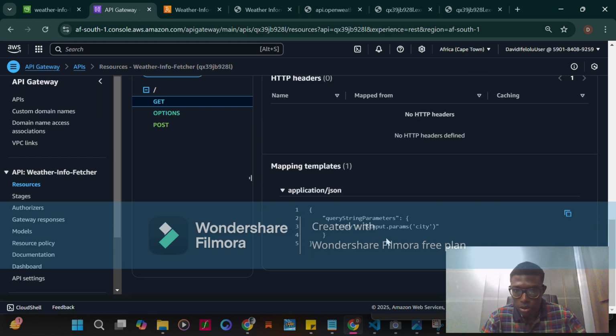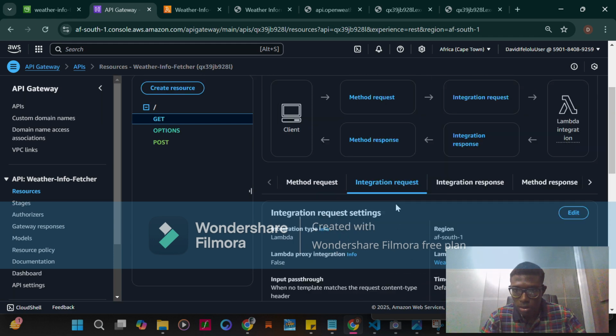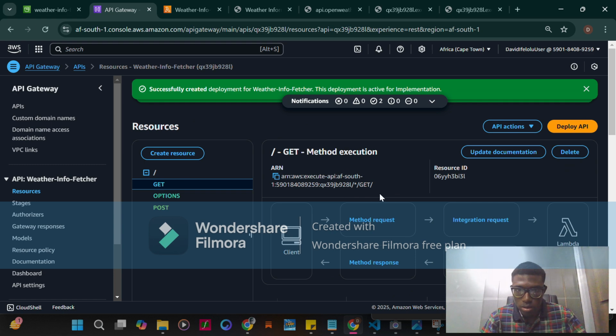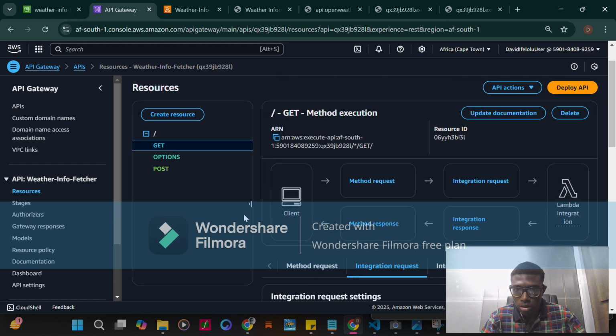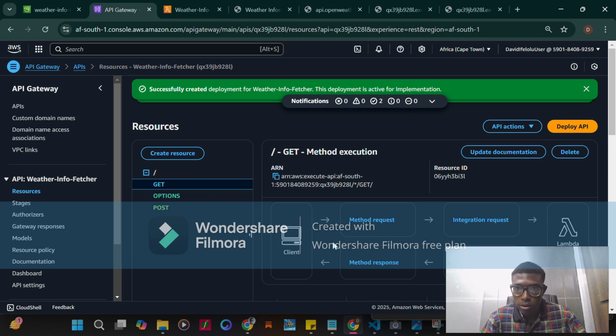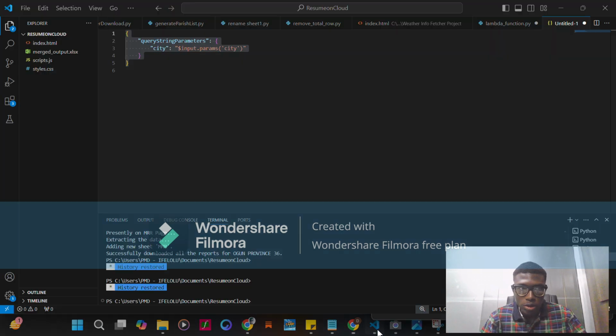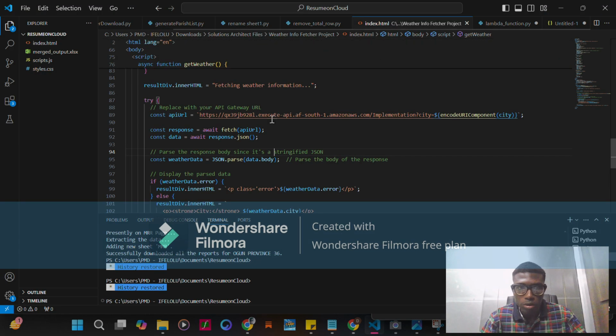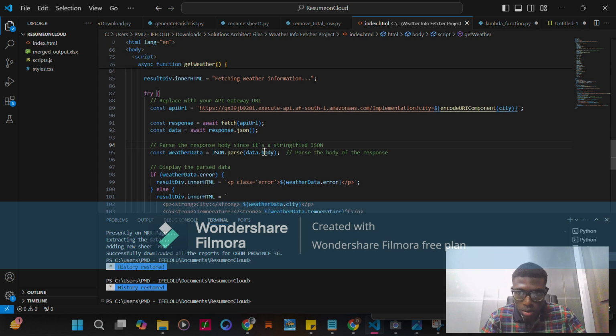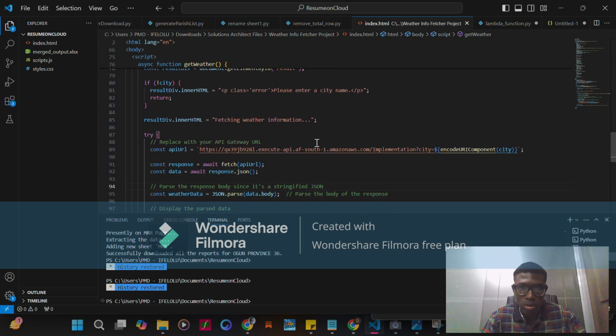Query string parameter city is there, and the mapping is here, city mapped to city. So API gateway is currently connected to our Lambda function, and in our code,